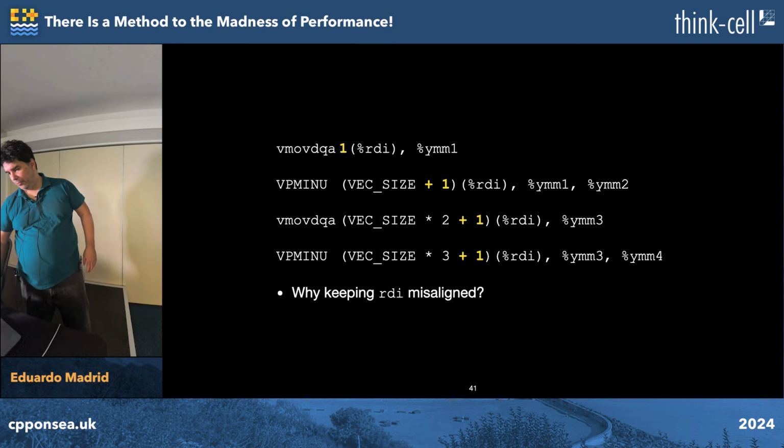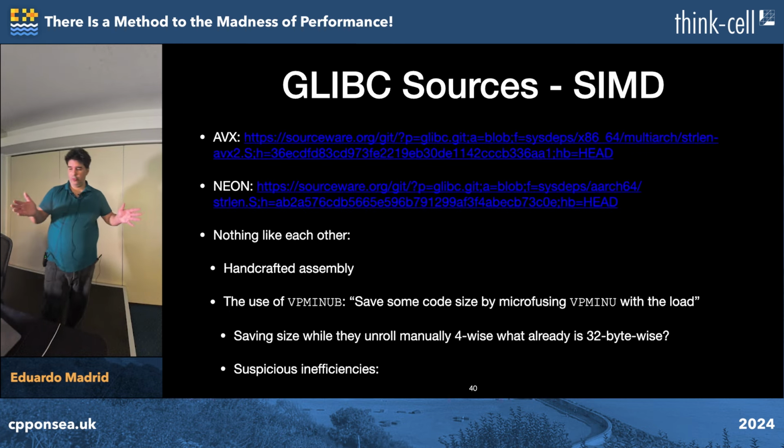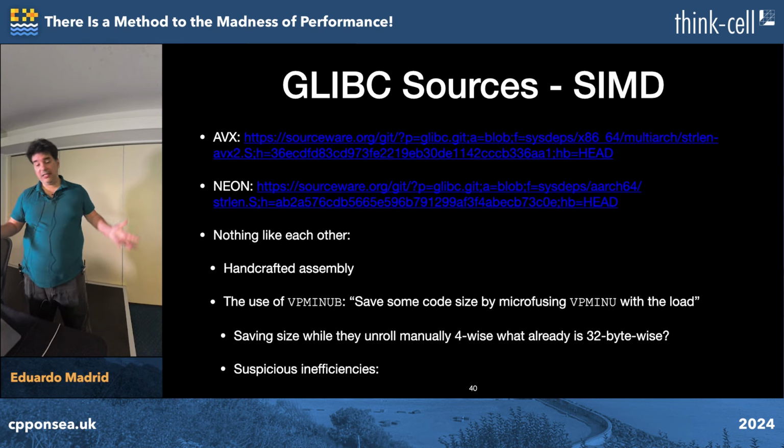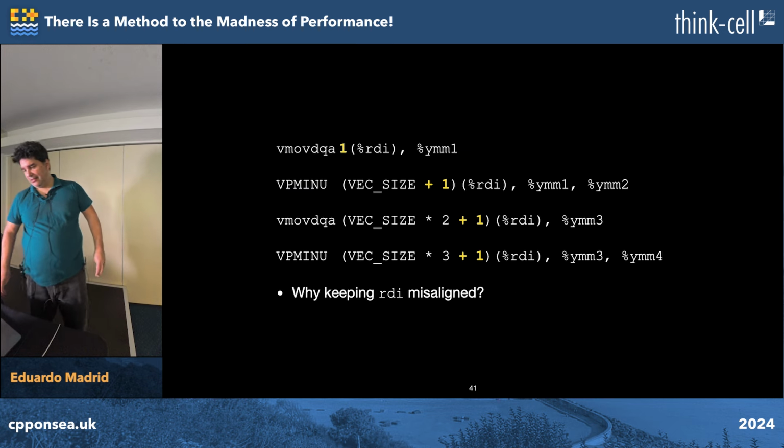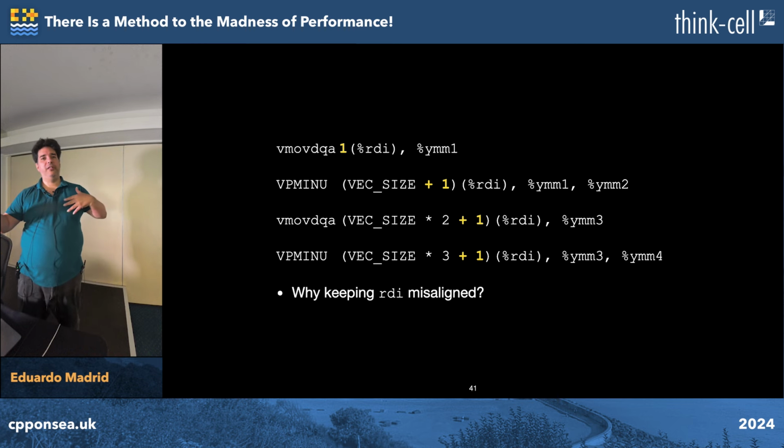There are a few properties that these two handcrafted assembler codes have within them. They are handcrafted assembler, but they are nothing like each other. And what I told you of fusing the minimum on a line load, and then there are suspicious inefficiencies like keeping these things on a line. So it beats me why they want to do unaligned reads, especially knowing the problem of crossing the page boundaries that I told you before. Well,